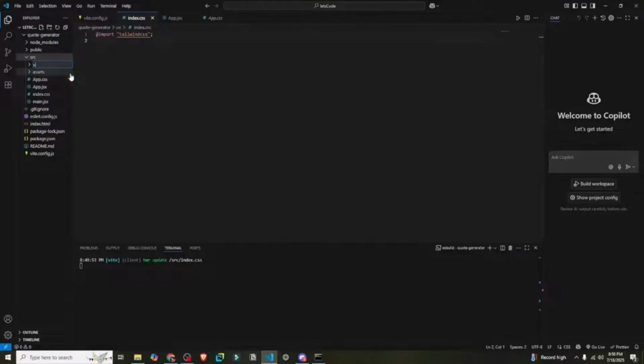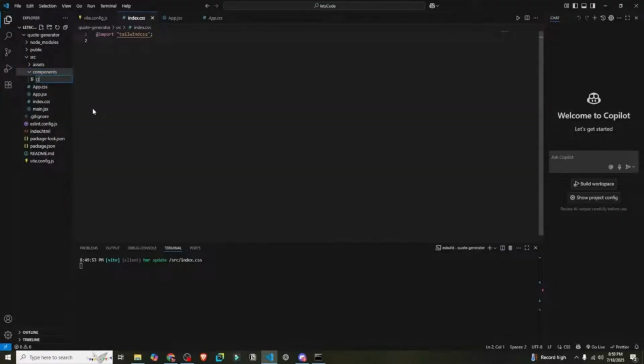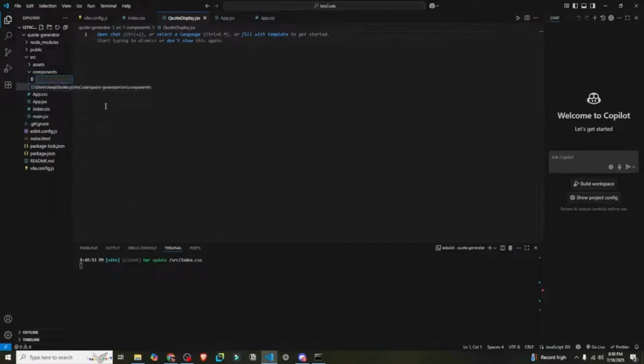So components, and inside our components we'll create first of all a new file called QuoteDisplay.jsx. We'll actually create many files. I'll just create the files for now. So QuoteDisplay.jsx, and then QuoteStats.jsx to display our stats,